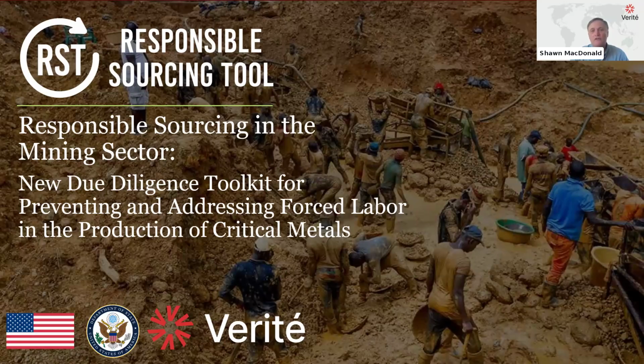The RST website includes 11 key sectors and 49 commodities, most at risk for trafficking or trafficking-related activities. This month, we're launching 6 new commodity reports on critical metals, plus comprehensive sector analyses and complete due diligence toolsets for both the mining and transportation industries. In addition to these new tools, I wanted to remind you that the RST site also has comprehensive toolkits for the seafood, food and beverage, private security, facility services, and construction sectors.